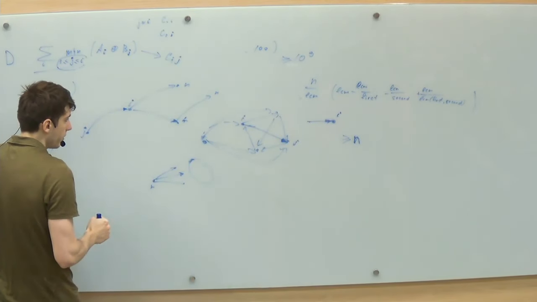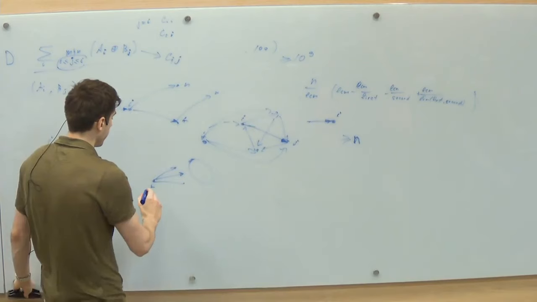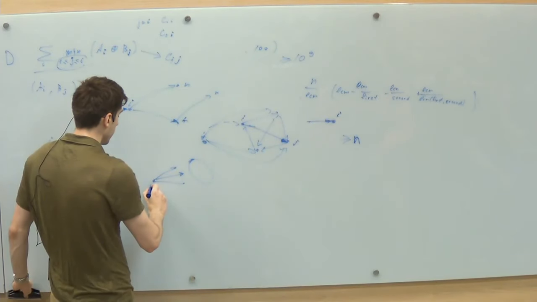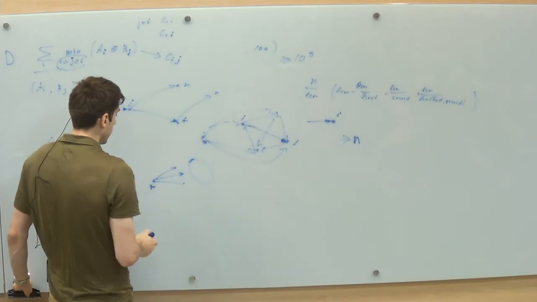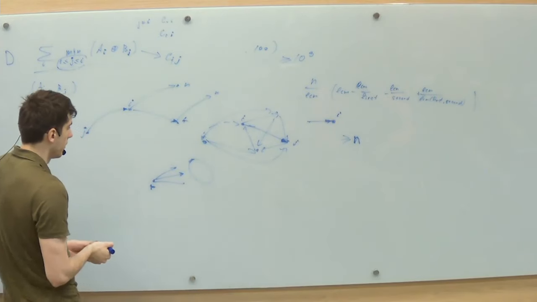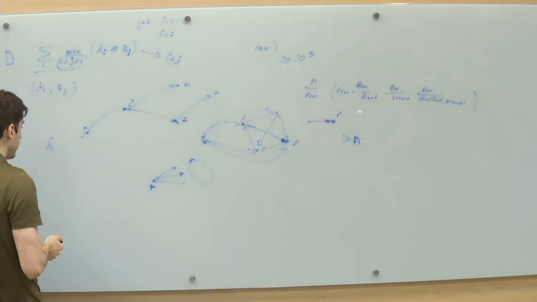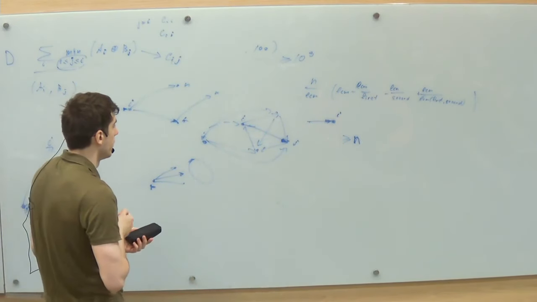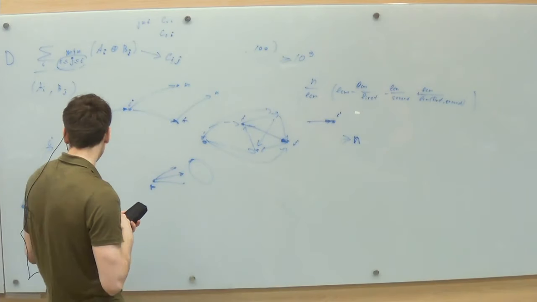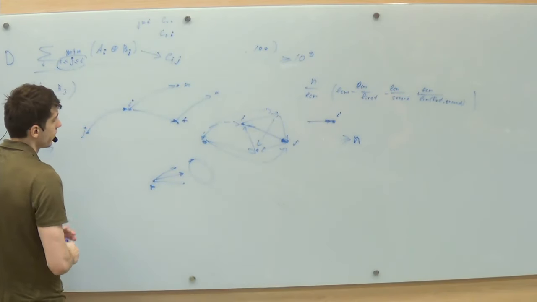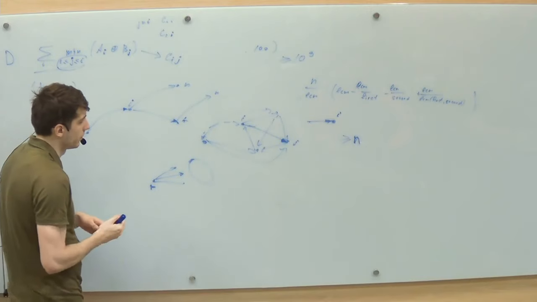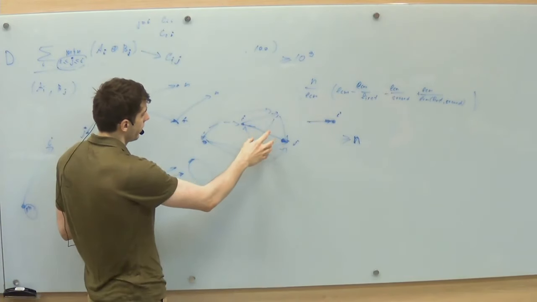Otherwise, each vertex will be reachable from the root. And I said there should be no cycles. So the problem is just to pick a subset of edges of minimum cost so that every vertex is reachable